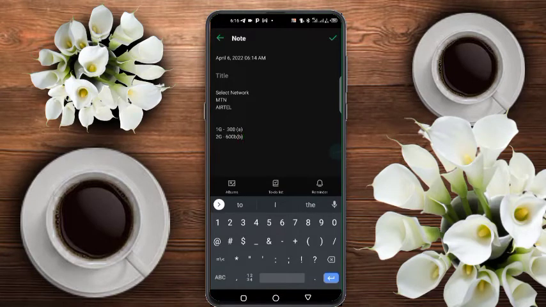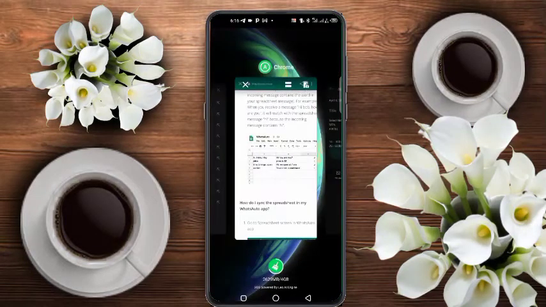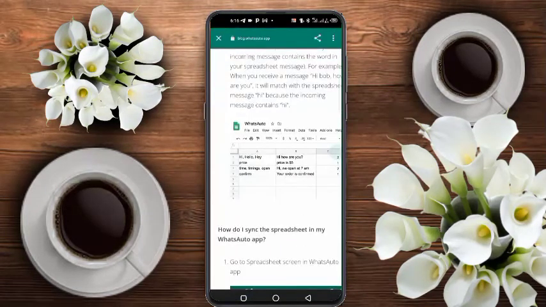Now, to avoid conflict coding: when you set A for MTN 1 gig 300, and B for MTN 2 gig 600, and then again set the same A and B for Airtel 1 gig and 2 gig,